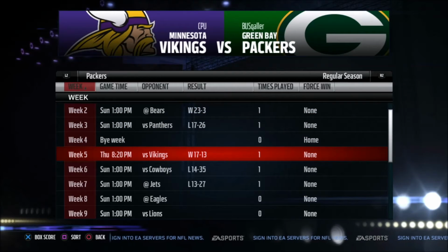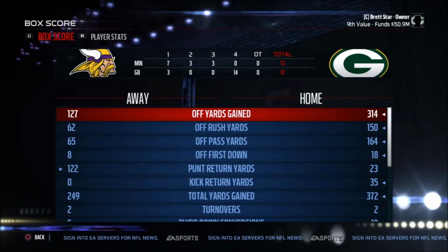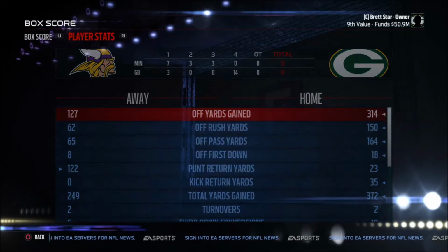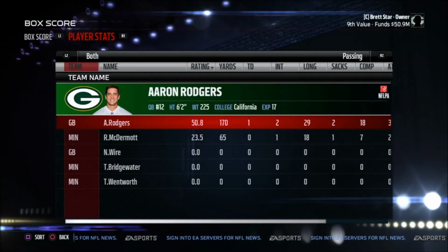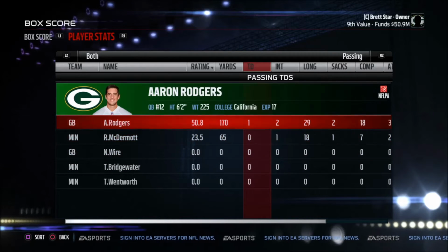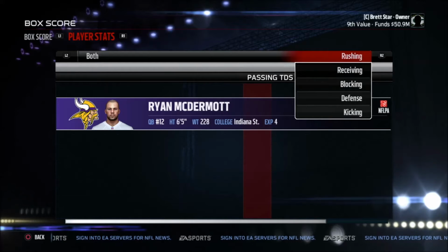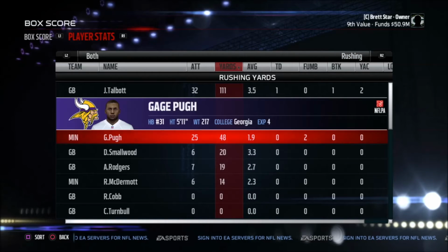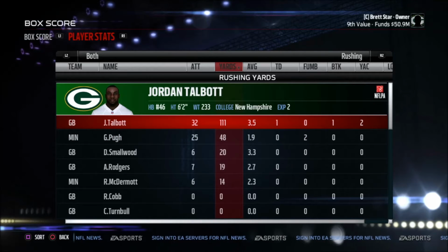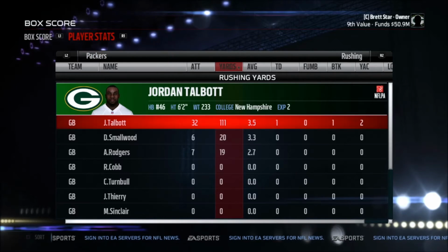So they pulled out a win against the Vikings, as you can see, by scoring 14 points in the 4th quarter. Aaron Rodgers did not play well, but we weren't facing Teddy Bridgewater. We were facing Ryan McDermott, who is not very good. And rushing-wise, their starting running back was also hurt, so we faced a worse running back. This is a running team. The Packers are such a running team,